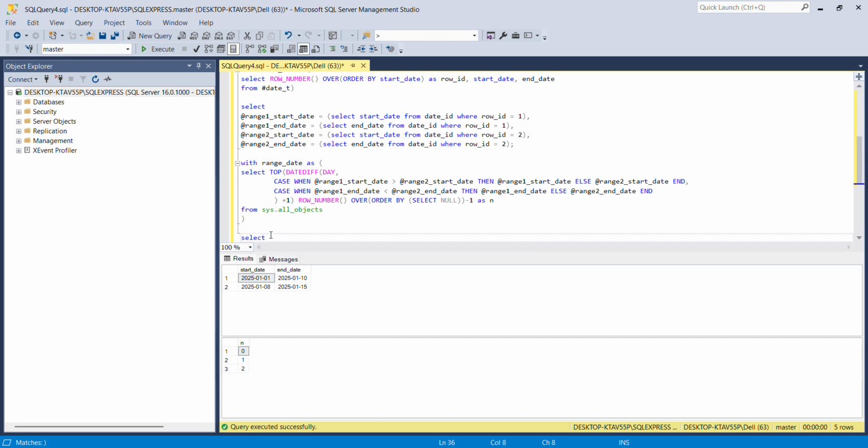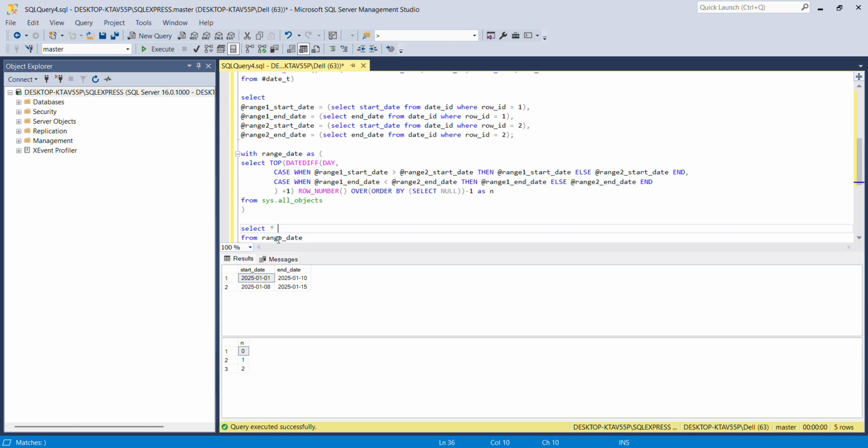Let's start with select star from range date, and from this range date what I require, and give it this, because I am not going to use this so long a name again and again. What I am going to use is date add day r dot n, because whatever the values we have found out here, date add r dot n,